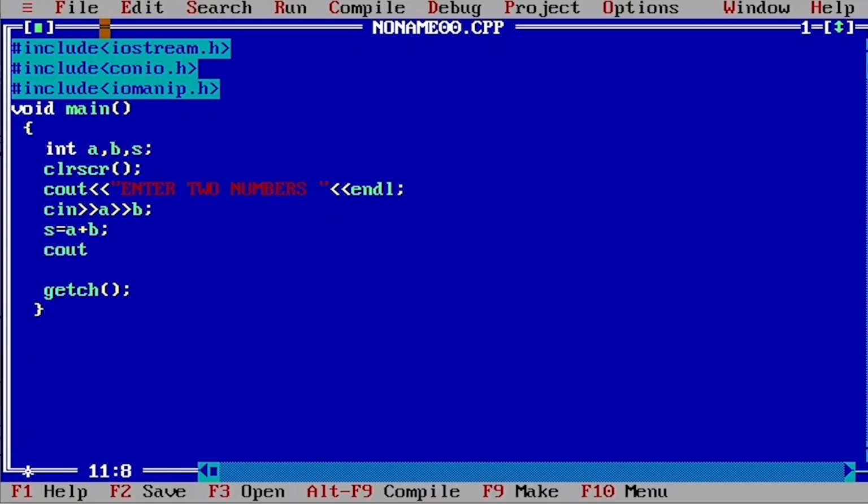So cout, what are you displaying? First is a string constant, like "sum of". This is a string constant, and the first variable is A. Not capital, it is case sensitive, you have to use lowercase. For the variable I have not used quotes, single or double. For constants only we use single quotes or double quotes. Next I am using a string constant "and", then B, which is a variable. So that is sum of A and B